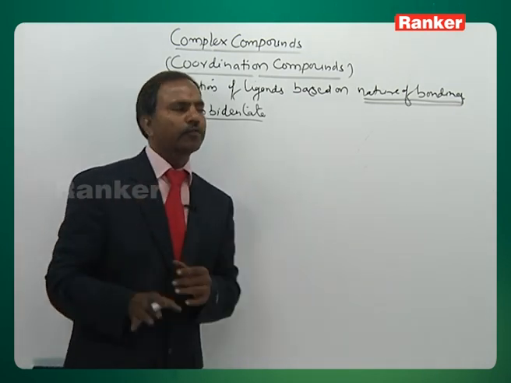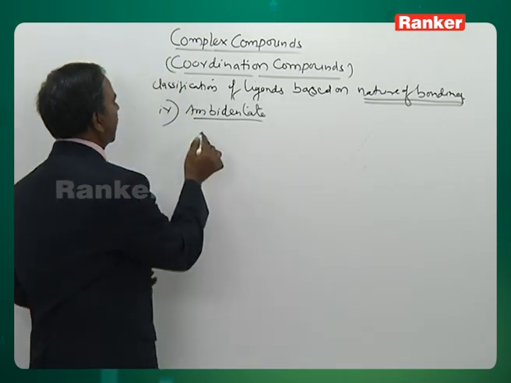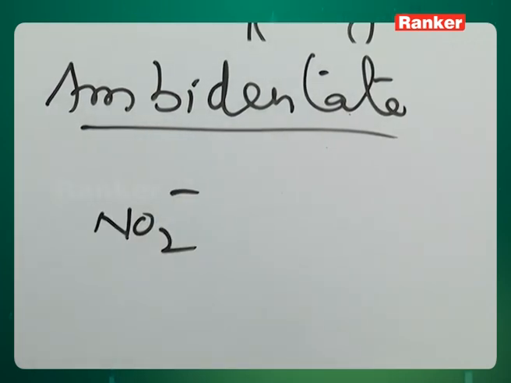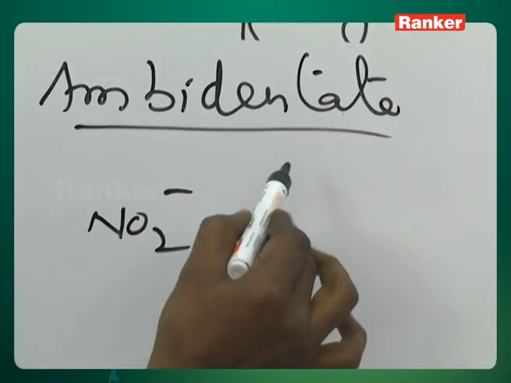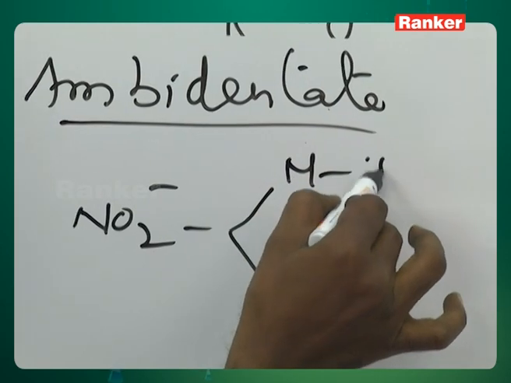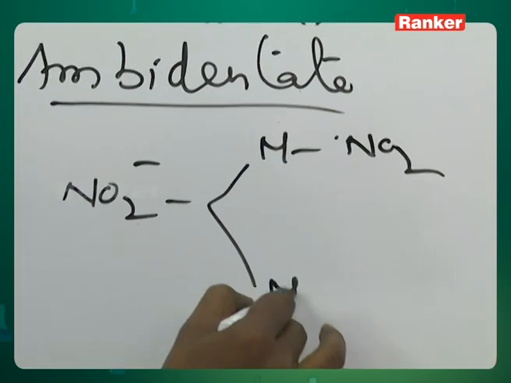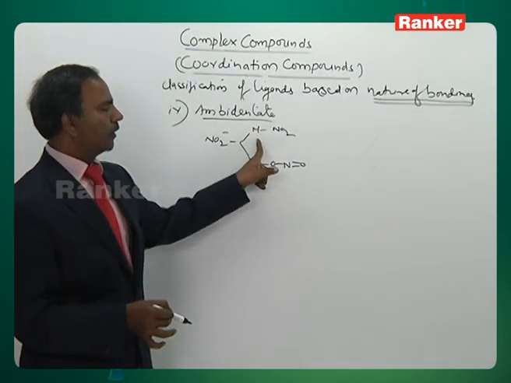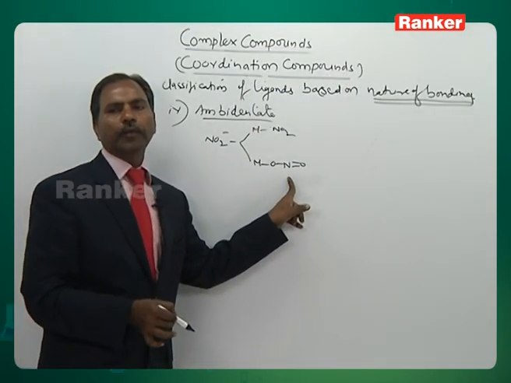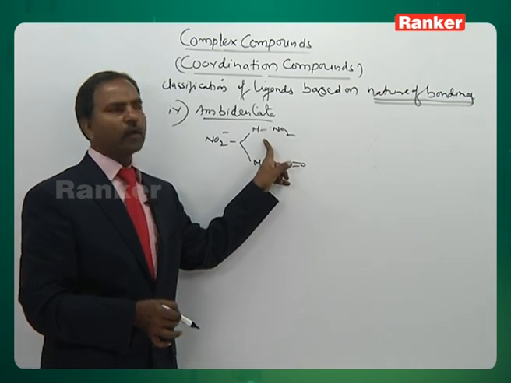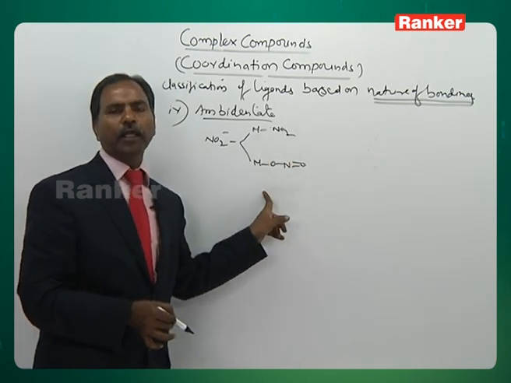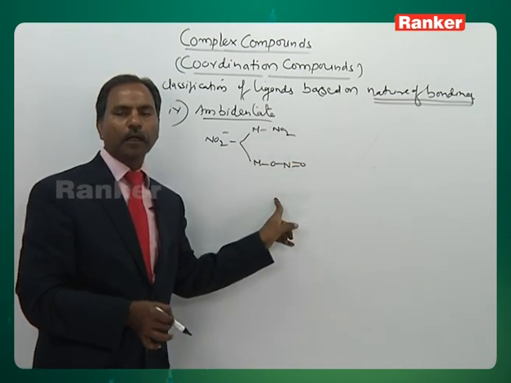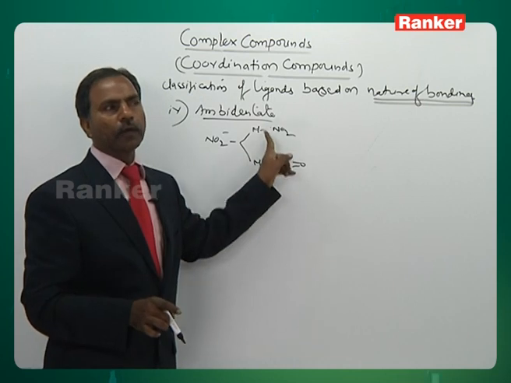Ambiguity in bonding, such ligands we call ambidentate. The best example you can take is NO2 minus. NO2 minus can link with metal in two ways: M-NO2, or M is linked to oxygen. Here the donor atom is N, here the donor atom is O. This particular bonding we call nitro. The same thing we say nitrito. Same ligand, but the donor atom here is nitrogen,